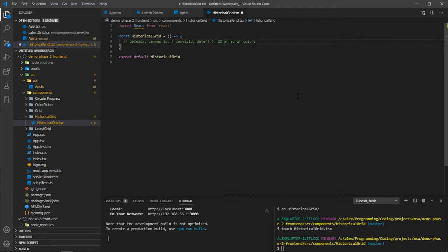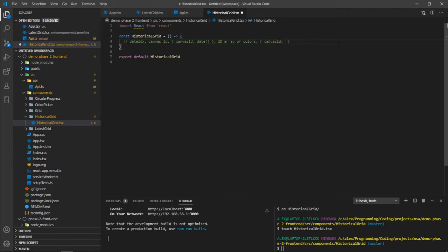And we just pass that to our grid component, so we can render that pretty easily. And lastly, we will need some sort of object that, in fact, this canvas ID as the key and the date as the array actually derives from this object, which is, we'll use the canvas